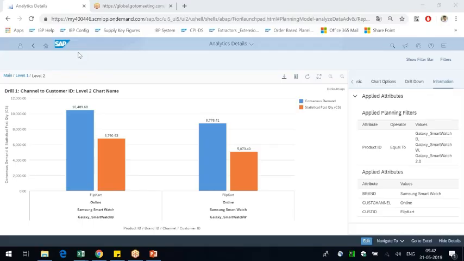So first we'll complete the control tower. I think the sheet is there with the team. They'll share the entire curriculum, all the topics that we're going to cover in the entire session. The next couple of days we'll spend on control tower. Control tower is just a reporting kind of thing. We're not configuring anything. We are just reusing whatever has already been configured: the key figures, the master data, planning levels, etc.